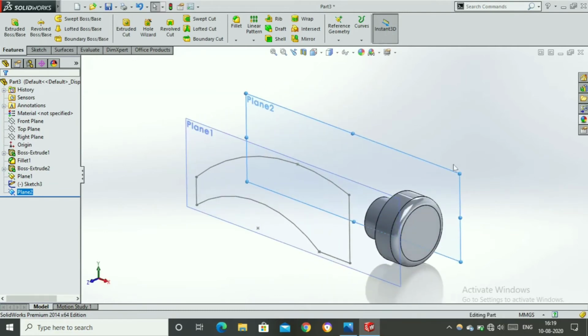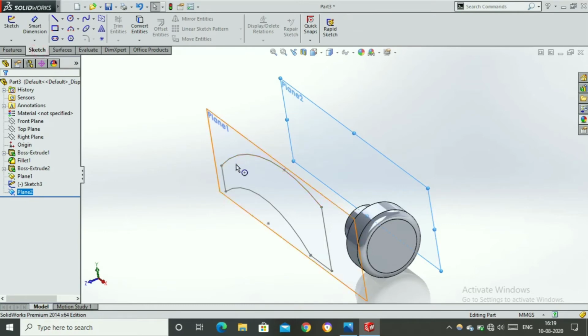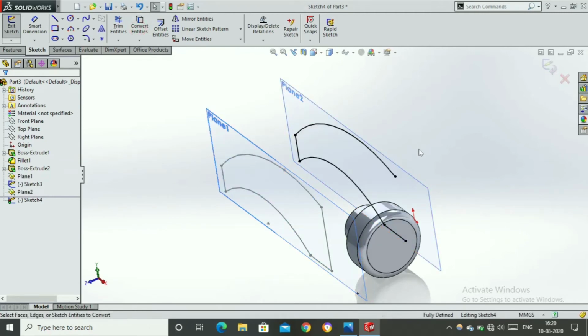Now let's convert entities. Select this plane, sketch, select this profile, the whole profile, and again click convert entities, so that we get another line there.